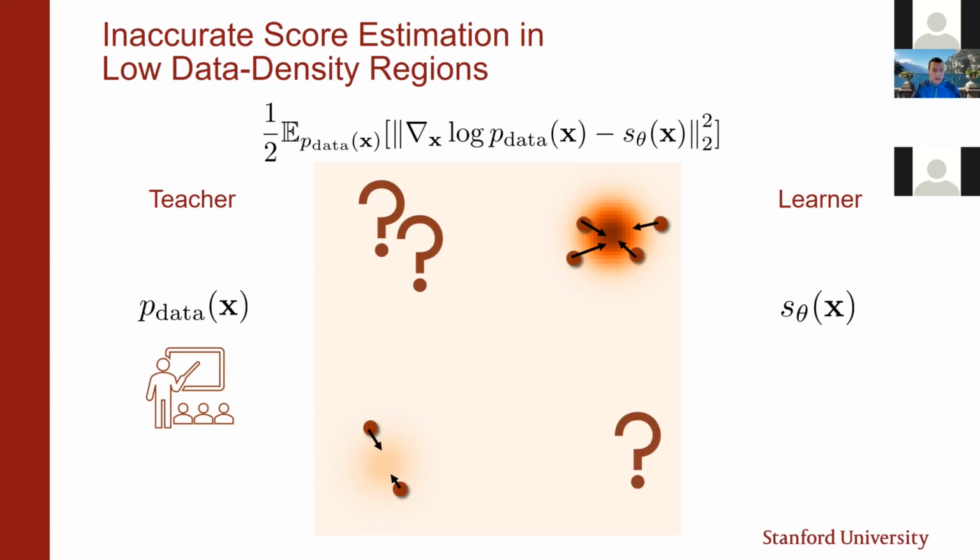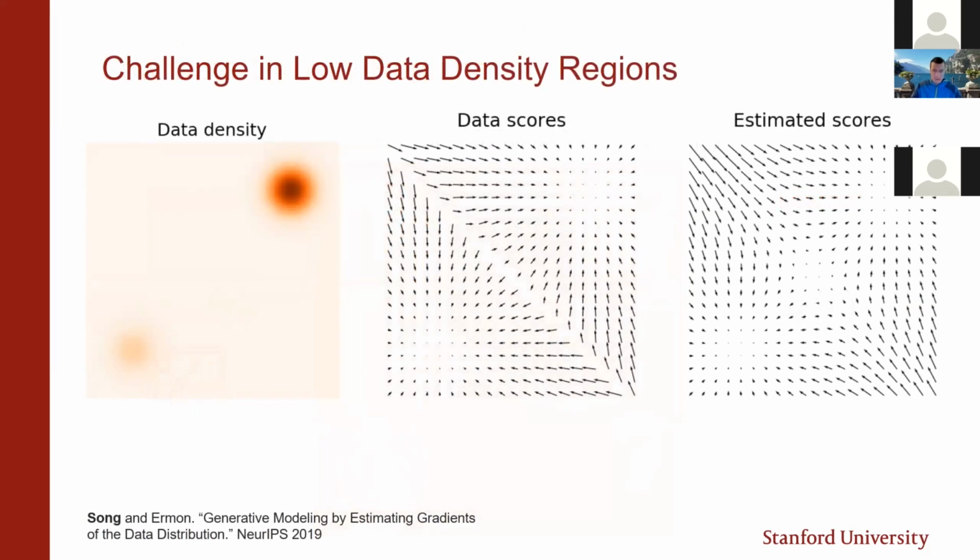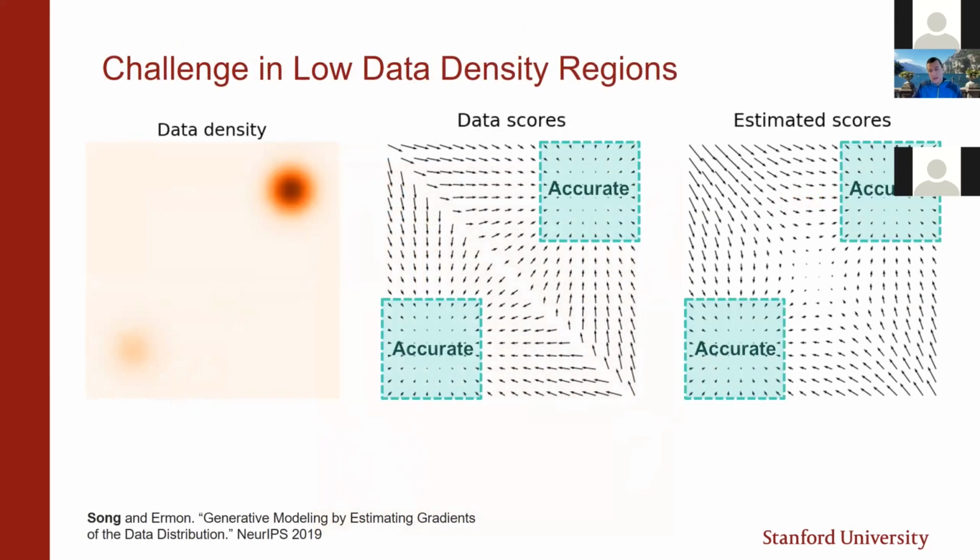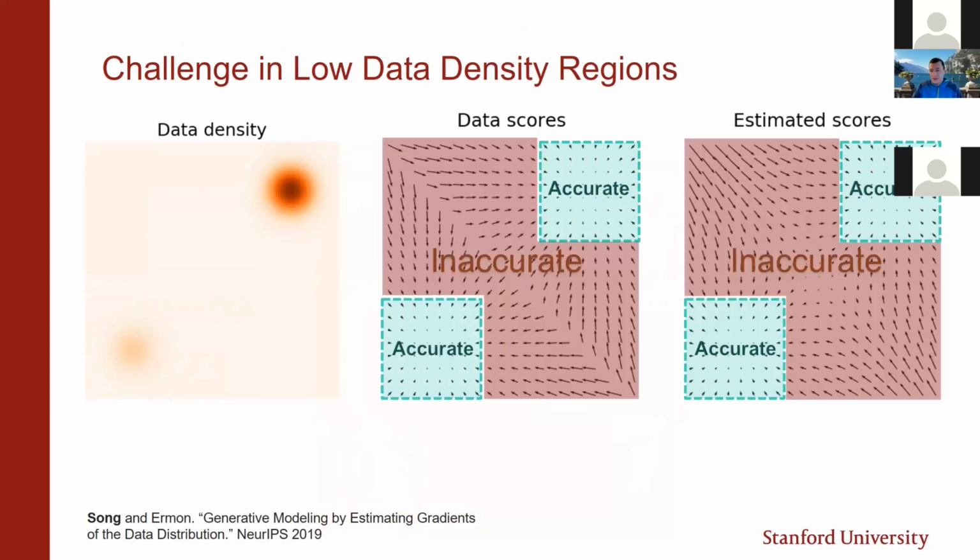Which means that if you look at the estimated scores versus the true scores, they're going to be pretty accurate close to the high data density regions, but they can be very inaccurate when you're far away from the modes of the distribution. You see here the true data scores for this mixture of Gaussians, and there's the estimated ones on the right. And you can see that the arrows are pretty accurate in these two regions close to the modes, but they're very inaccurate when you're far away. They're pointing in the wrong direction, basically,